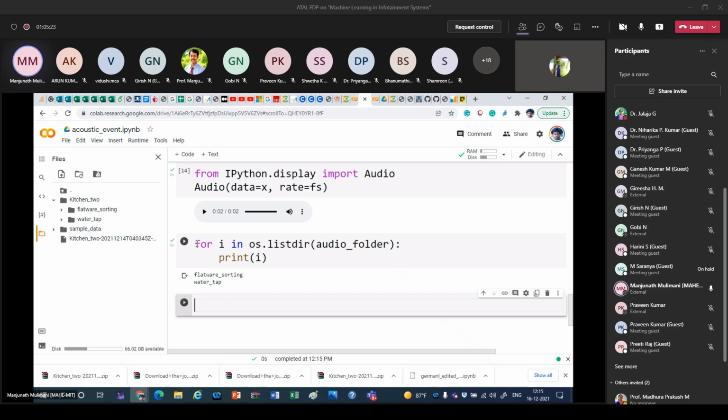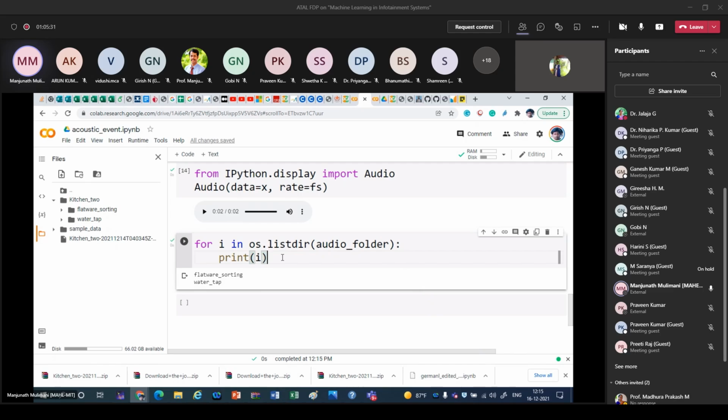So flatware sorting, and then followed by what is that? Water tap running. Now what I will do is, from the flatware sorting, that is the first one, index 0 in the present flatware sorting, then the second one is water tap running. So from the first folder again I will read all the audio files present in this. So for audio file name, audio